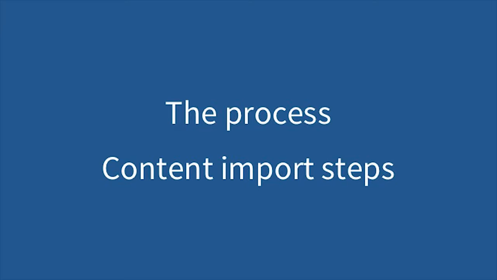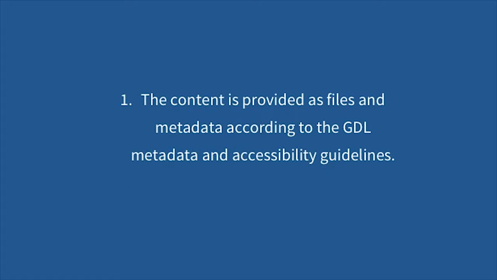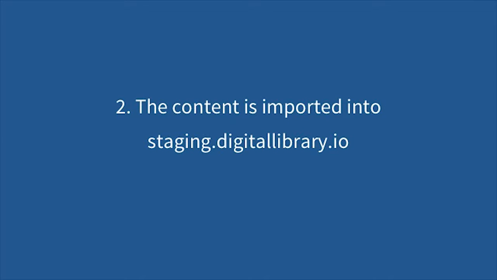As a final element, because this can feel fairly overwhelming, we have created a process description of how you can, if you have content that you feel would be suitable for the GDL, we have a process that we have defined, and we can also guide you through this country by country, project by project. But I'm just going to show you some of the elements. So first of all, we usually get, of course, the content in PDF or HTML, and we get a spreadsheet normally with the metadata,